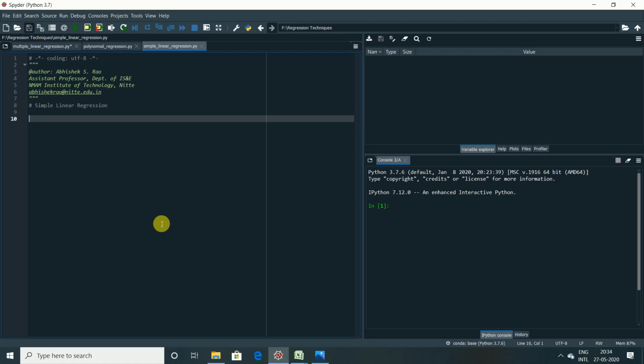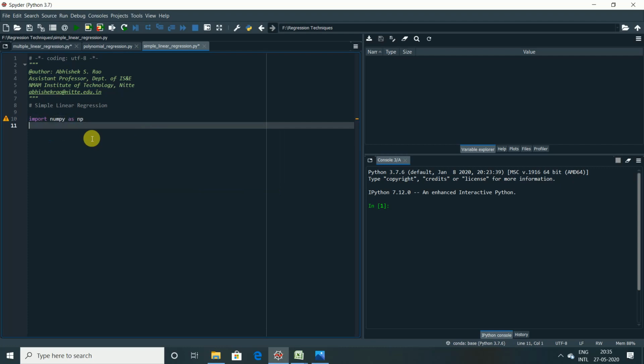First we will import the libraries, right? So let us import the libraries. As we all know, the three main important libraries we need to import are NumPy, Pandas and Matplotlib. So import numpy as np, import matplotlib.pyplot as plt, and the last library is pandas, import pandas as pd. These are the three libraries which we require to implement the first machine learning model, right? So let us execute this.